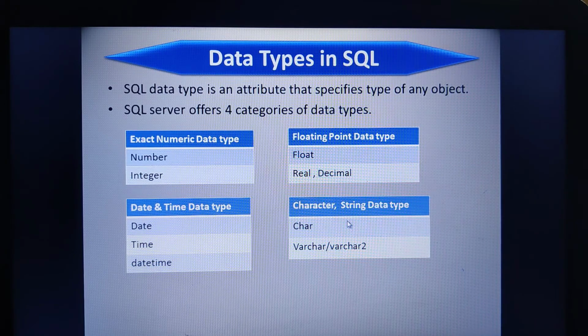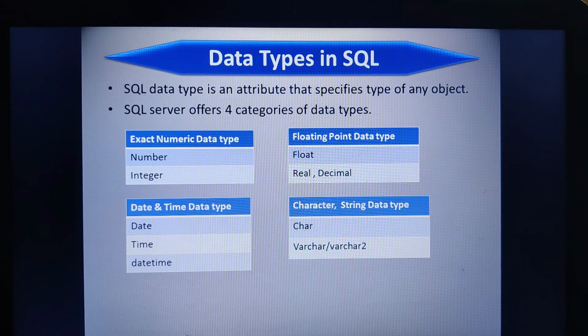Then we have the character or the string data type. Whenever I need to represent the data in terms of alphabets or letters, I can go for either char or varchar. Char is only capable of holding letters or alphabets, whereas varchar can hold a combination of alphanumeric characters as well as alphabets.